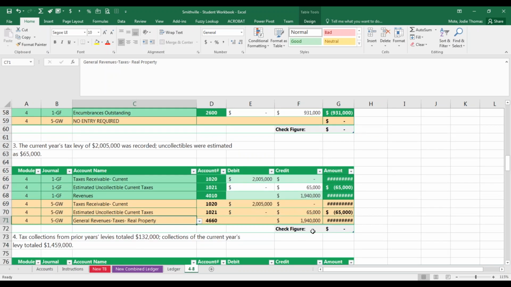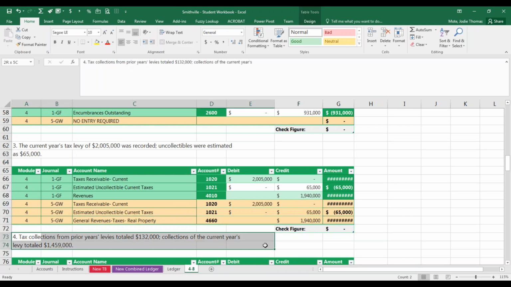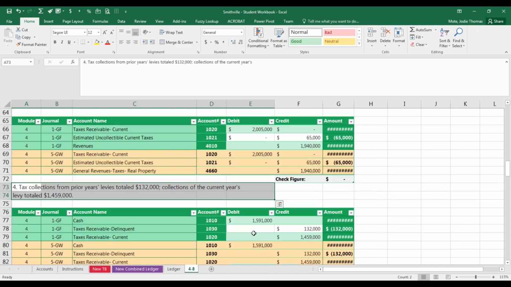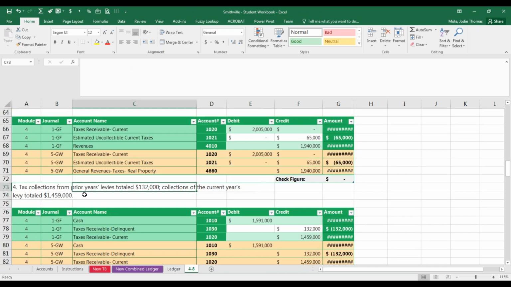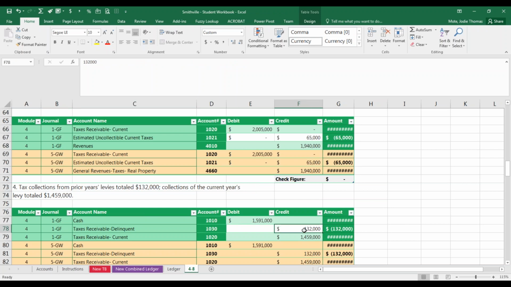All right, in this one, you've got tax collections from a prior year's levy, so you actually got the cash in, totaled $132,000, and the current year collections totaled $1,459,000. Here you're going to record your total cash received, which is the $132,000 plus the $1.459 million, to get your $1,591,000. And then your two credits here, you'll have two separate accounts, one for delinquent taxes receivable and one for